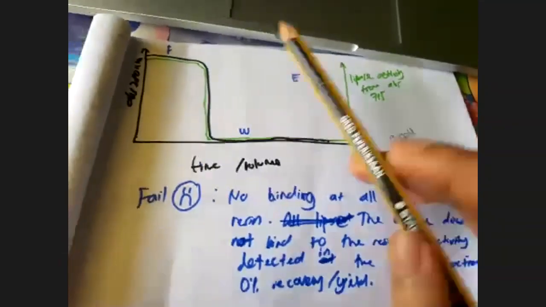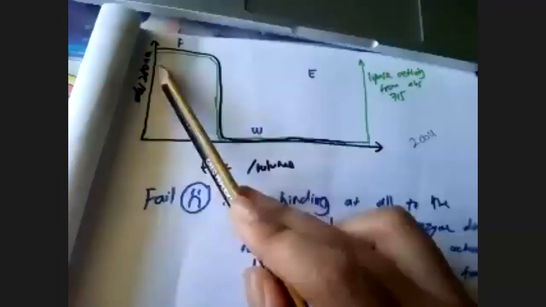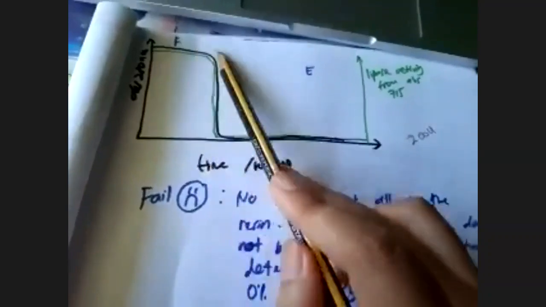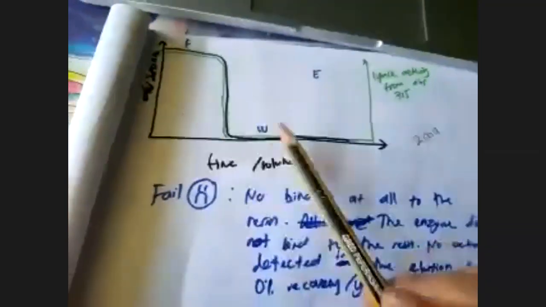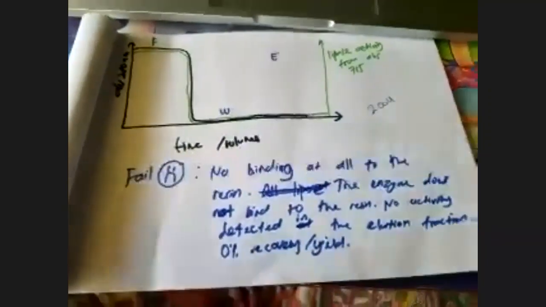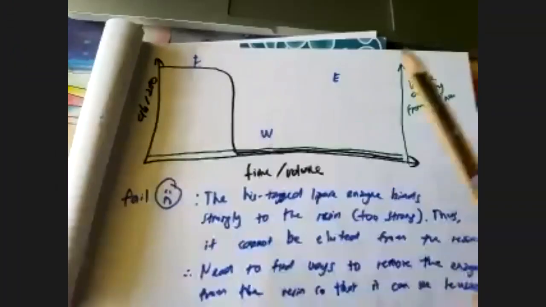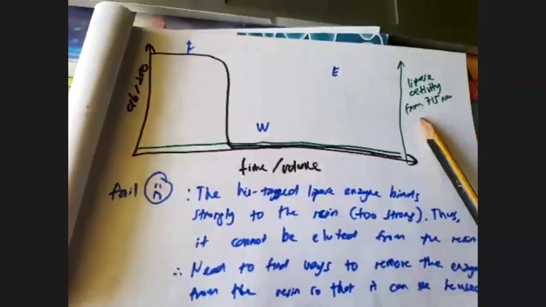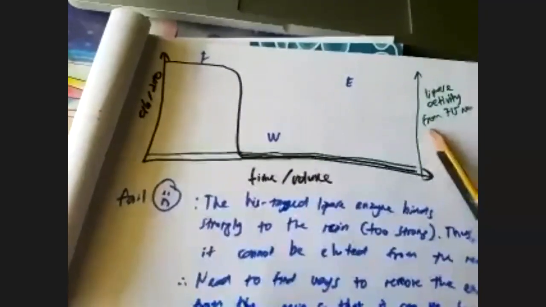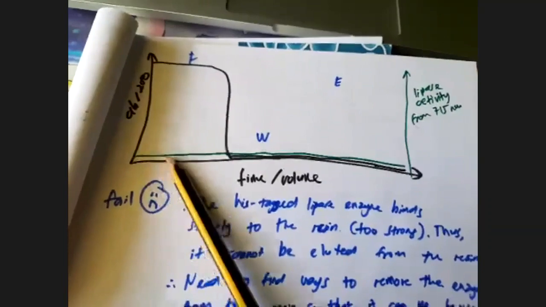Okay, so you can still see the absorbance at 280 for the flow through is still high, as well as the lipase activity. Okay, we go for the next one, maybe the last one for the chromatogram. We have here absorbance at 280, and then we detect the lipase activity with this dark green color. Starting from the flow through, if you do the lipase assay,